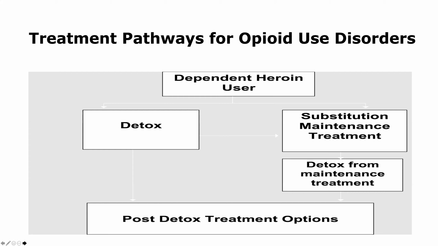Or we can move them to what we call maintenance treatment or therapy, which are the medication-assisted treatments. We put them on methadone, we put them on Suboxone, we put them on naltrexone, whatever it might be. And then we may have to detox them from the maintenance treatment, then put them in an abstinence base, depending on the individual. Now, this is all individualized. In theory, you can do anything you want with the cases, but this is kind of how you have to do it. So many times I have to move one from here down to here, then move one over here, and so on and so forth it goes.